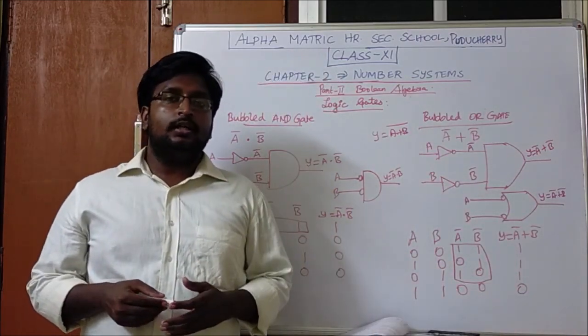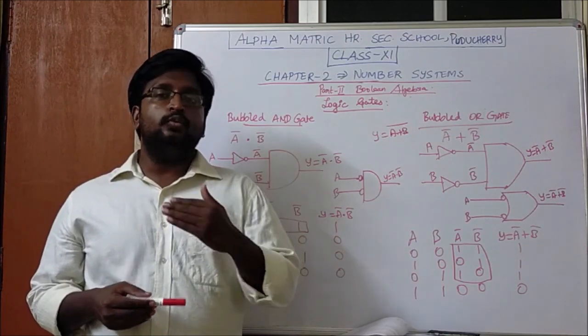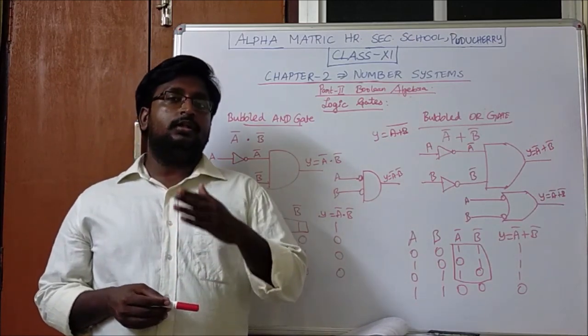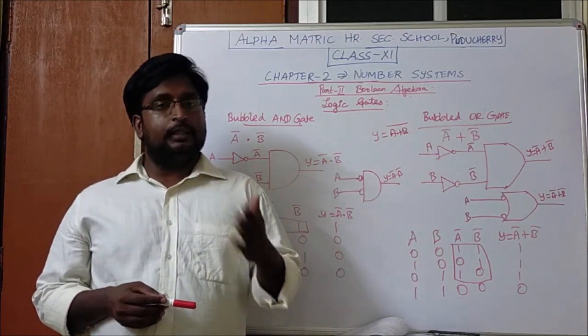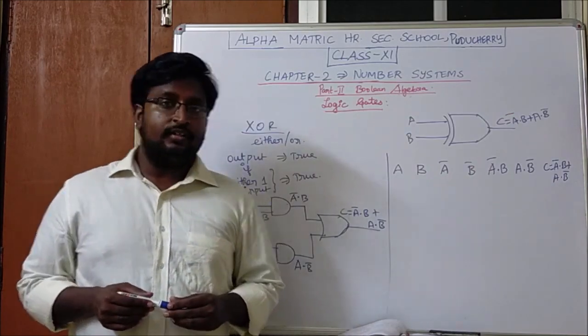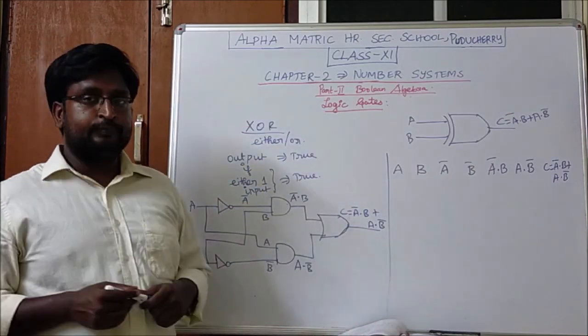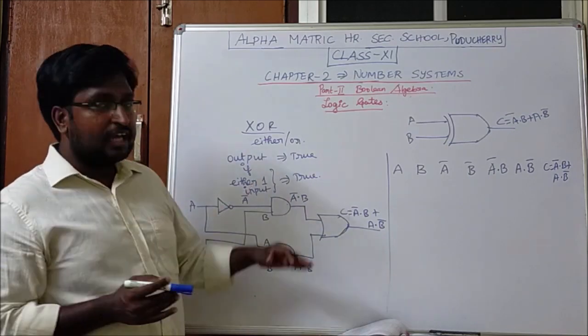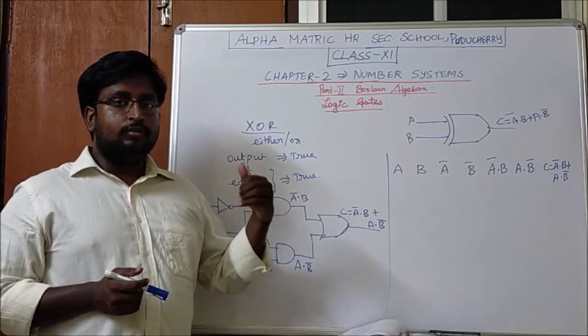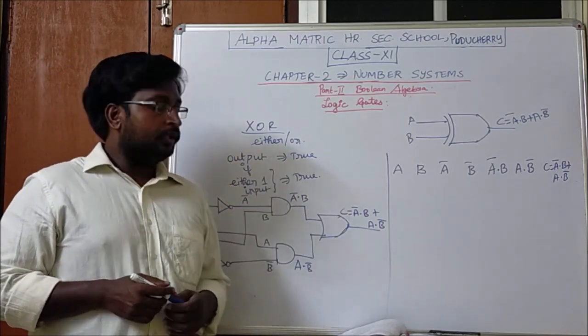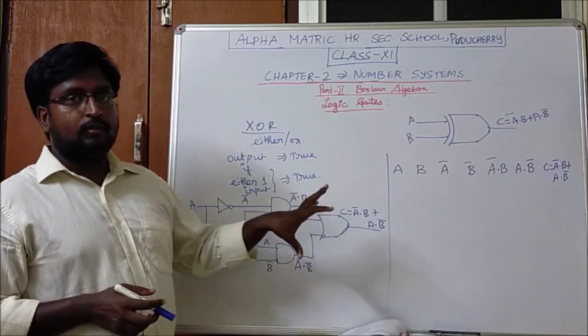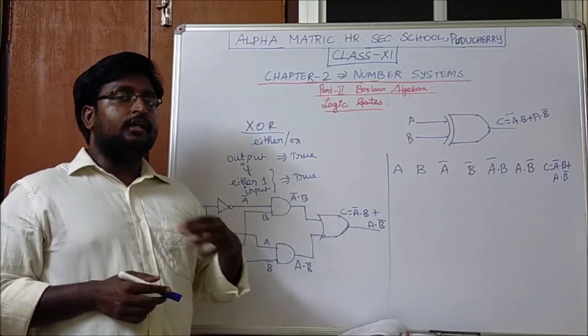Next we are going to see the remaining, the last two gates. Let us see what are the two gates, the last two gates available. Next gate is XOR gate. So listen carefully for these last two gates because it will be quite complicated, but when you understand it